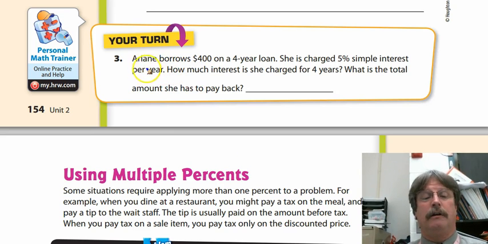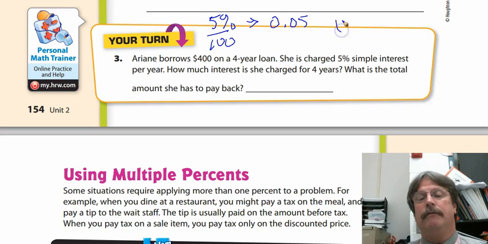Borrows $400 on a 4-year loan. She's charged 5% simple interest per year. How much interest is she charged for 4 years? So they're only asking for that total amount that she has to pay back. So you would take the 5%, of course, becomes 0.05 because you divided that by 100. You then take the 400 times the 0.05,